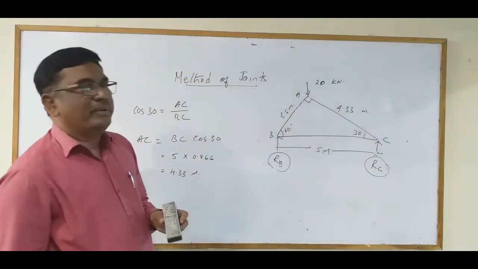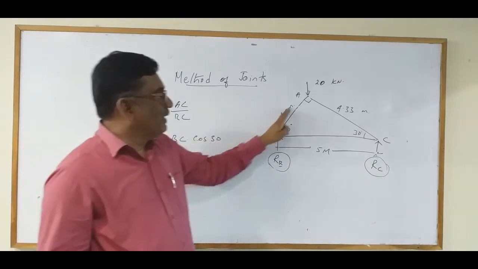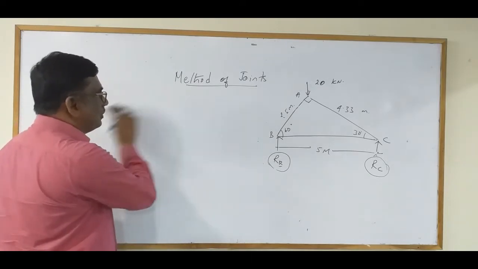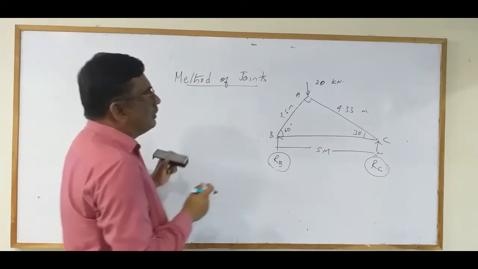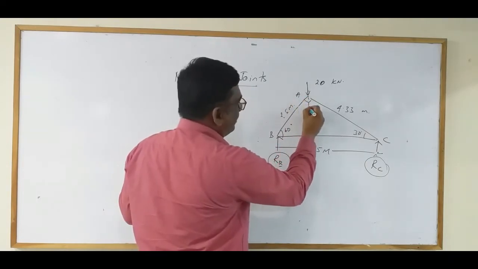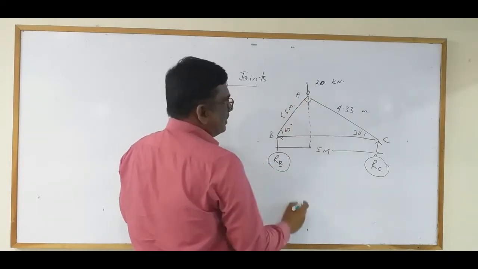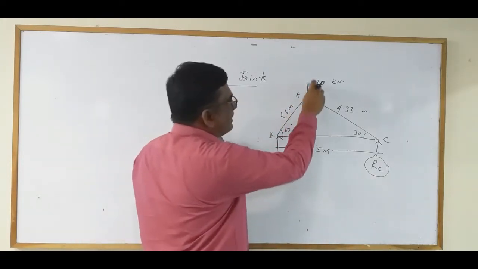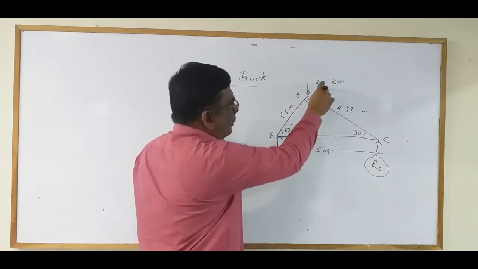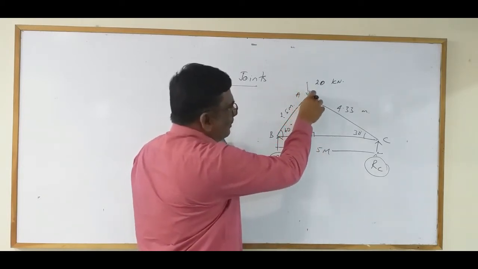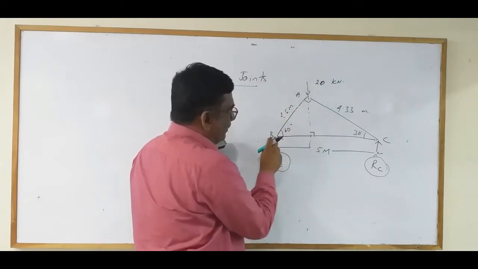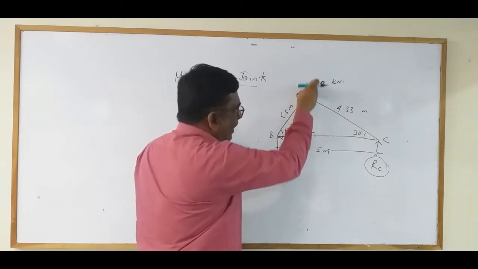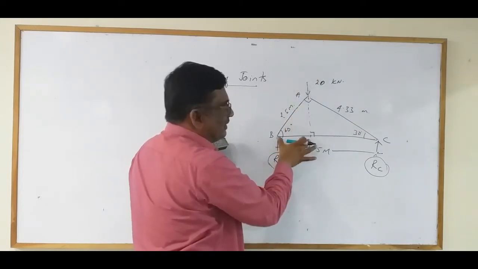The first step is okay. We have found out the values of all the elements. Now drop a line here from A to BC, such that this is a right angle. Why are we dropping the line? This is the line of action of this 20 kilonewton force. We should know the line of action, because when we want moment about this point or this point, we should know this distance.